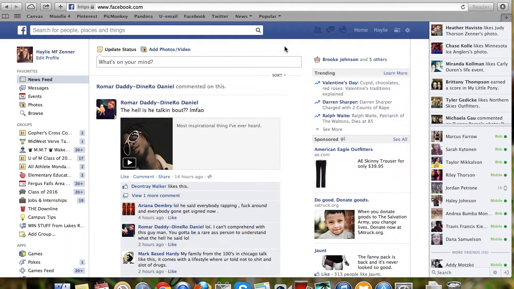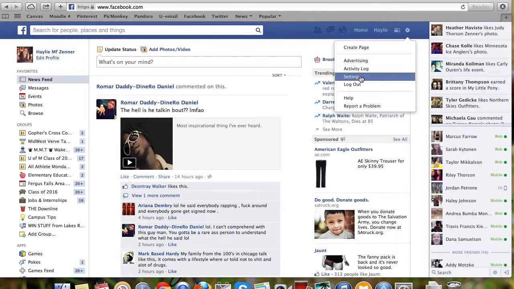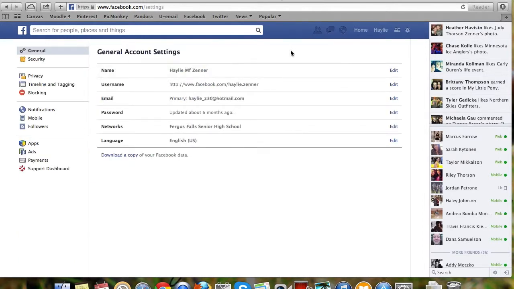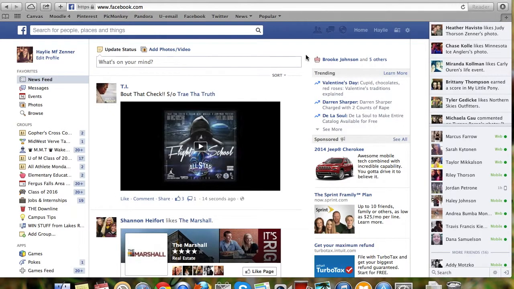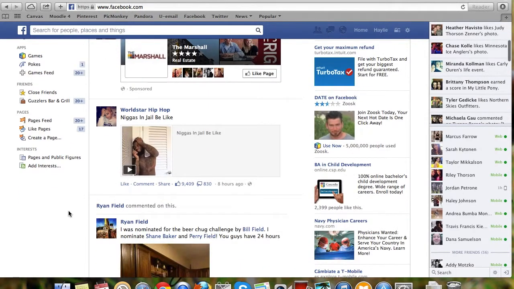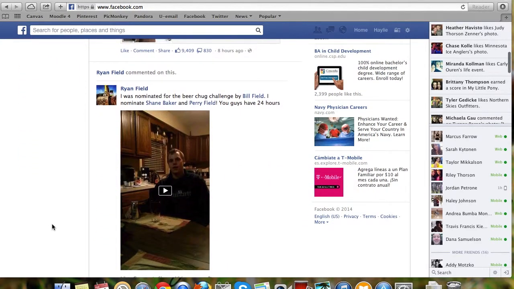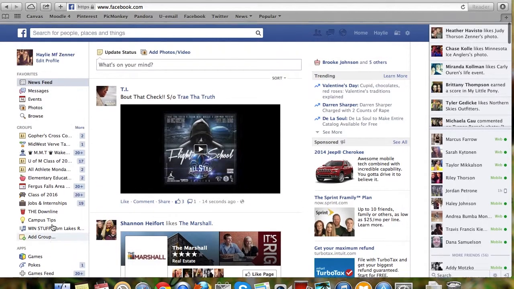And one last thing for redesigning, if you were to go into the settings, the little wheel looking thing here, and then go to settings, you could change your newsfeed to see whose stuff you want to see, kind of like Twitter, where if you follow them, you see that, but you can choose if you want their posts to constantly go on your home feed. I know you can do that, but you have to go to individual profiles, but I feel if you could do that in settings, that would be more appropriate and easier to do.